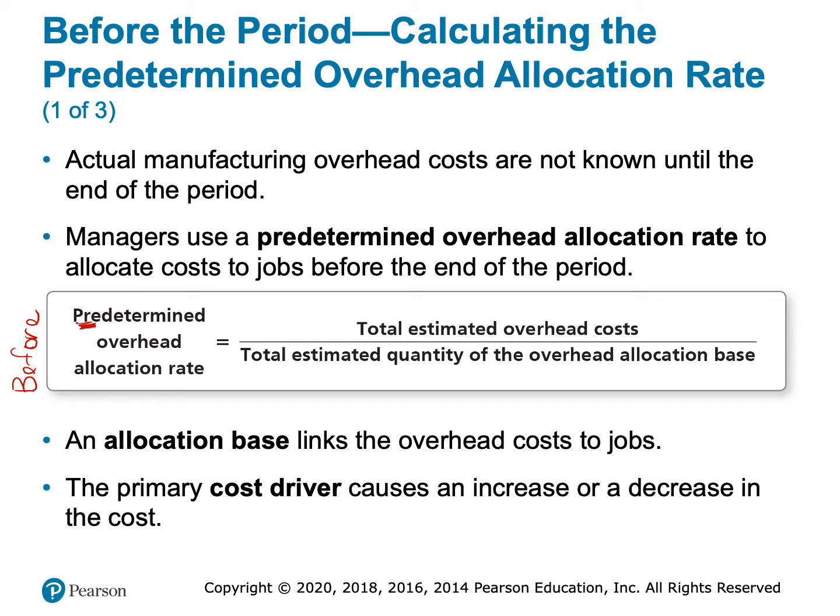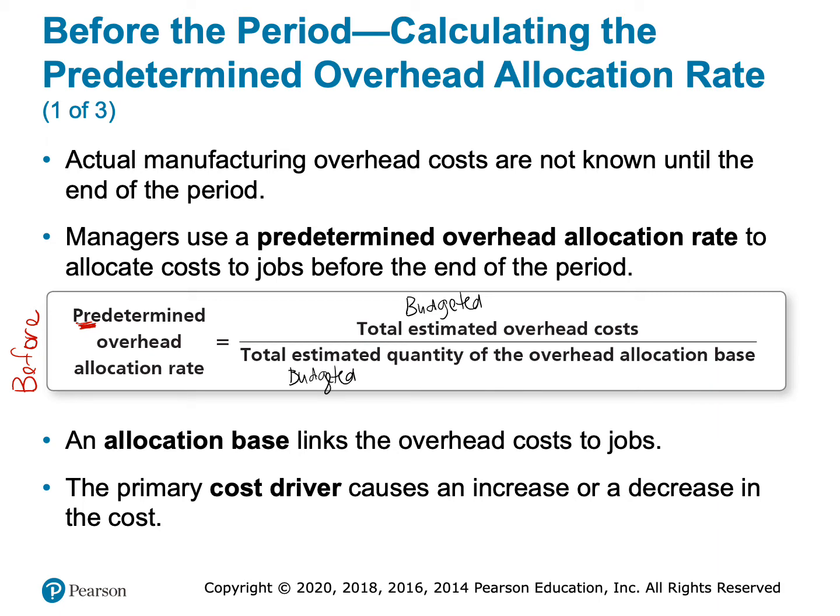So notice that it is based off of estimates because last year when we did the budget, we didn't know what the real amount was. We didn't know that 83,000 was the actual overhead amount. So our numerator is the total estimated, or you could say budgeted, overhead costs for the entire year. And then we've divided it by the total estimated, or again, you could say budgeted,